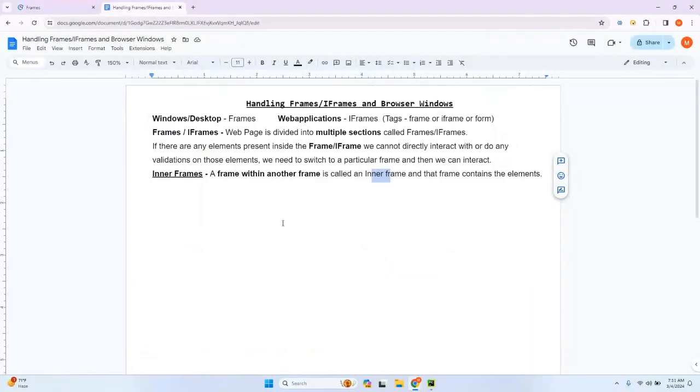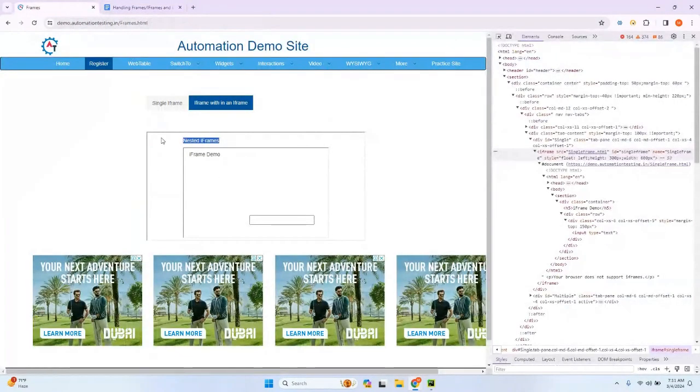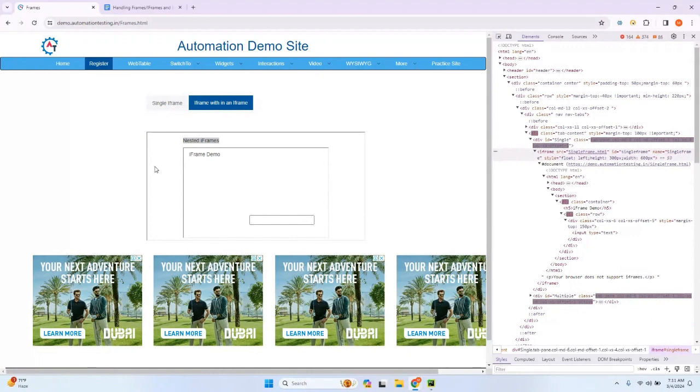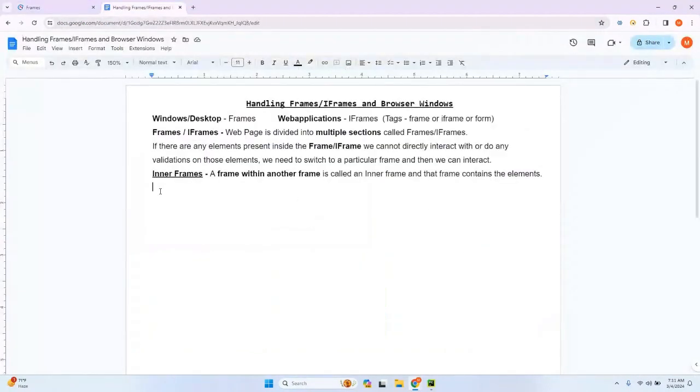First thing is you need to switch to any frame and then you can interact with the elements inside the frame. Then how you can switch to the frame, or how you can switch to default content, or how you can switch to the parent frame if you have multiple frames, you will see right now. These are very important